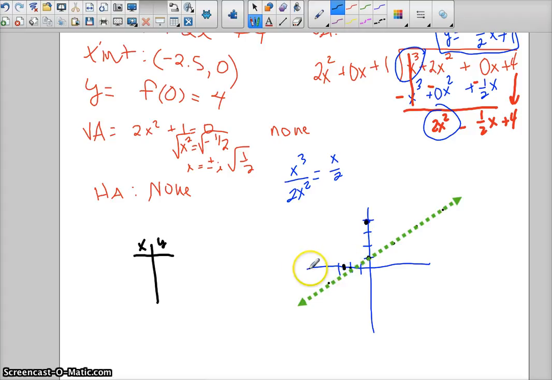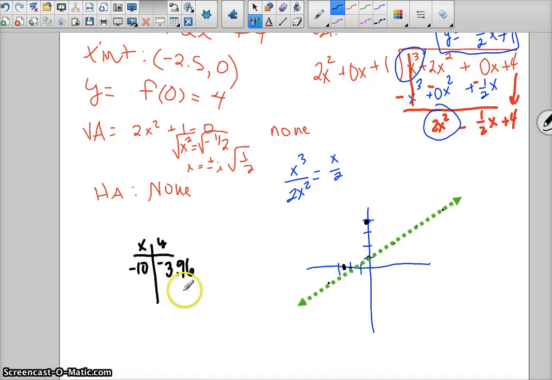I'm going to choose -10 to help me determine where I am to the left of this x-intercept. When I plug in -10 to our function, I come out with a y value of